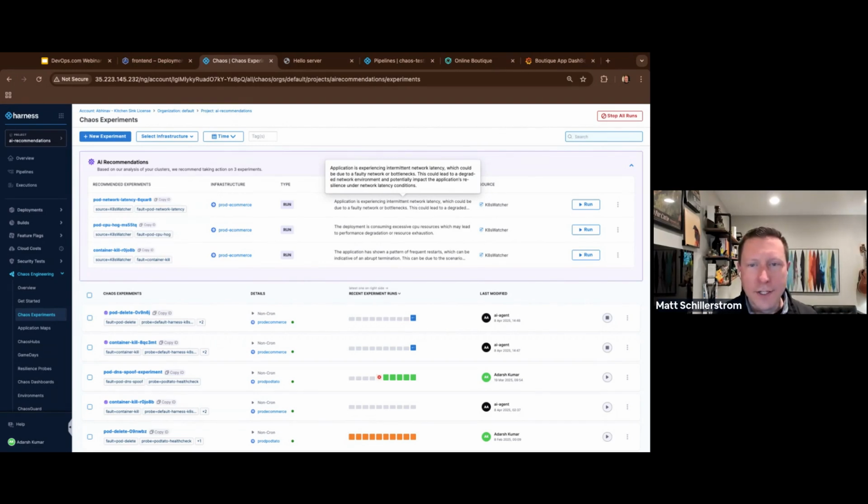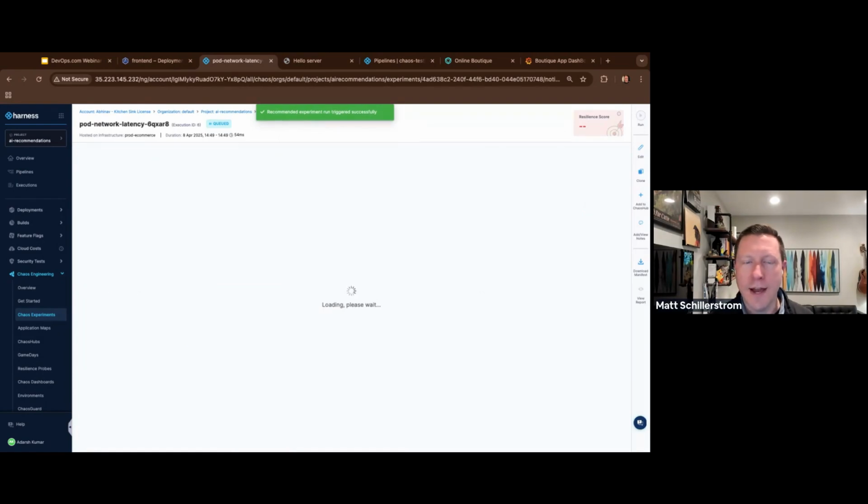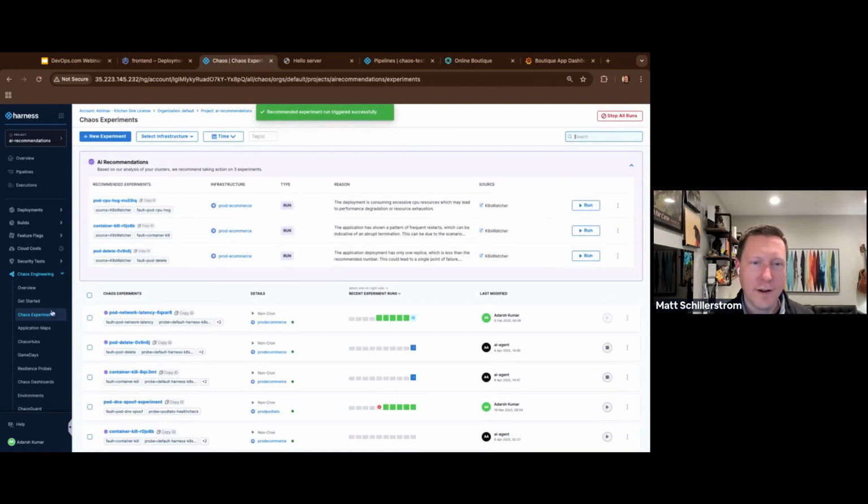So here it's saying application is experiencing intermittent network latency. So it recommends running this test proactively as well. So I'll run that. And as you can see, if I was an engineer, I'm learning what's new out there that I need to run, as well as seeing what I need to fix.